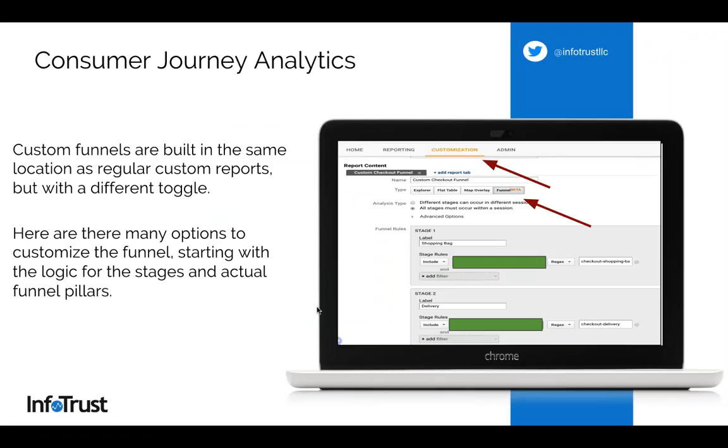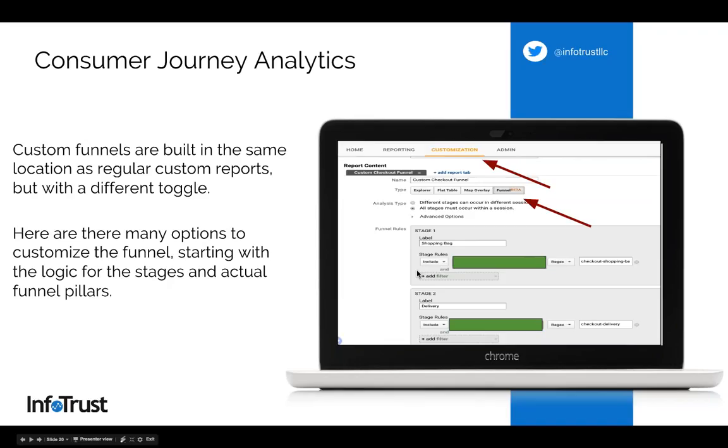I wanted to show how this might be built or how you can see this. In my example here, if you have custom checkout funnels and flows that users can take, you simply want to build a custom report. Assuming you have GA360, you can use the custom funnel beta and assign what logic you want for each stage of the funnel that you're building. So where do people enter, what are the stages that they follow, and what's ultimately the last one.